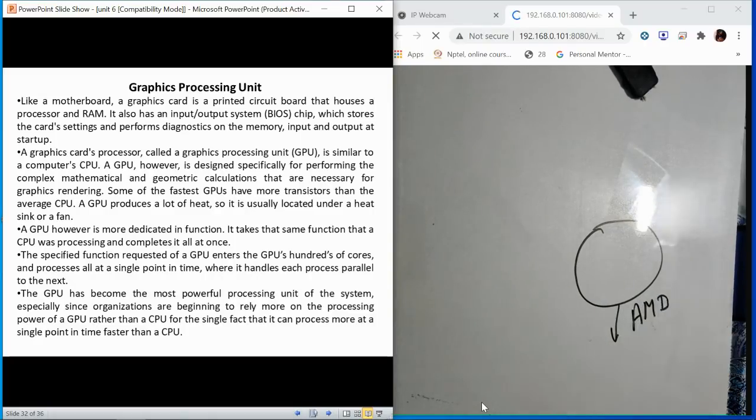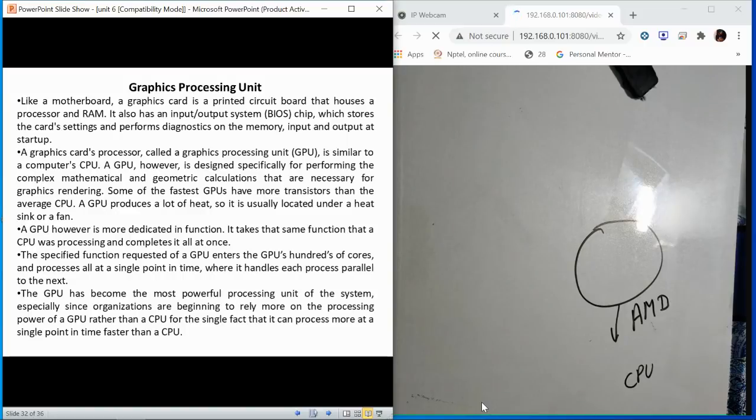So AMD is the one which is leading in this particular segment. AMD has developed a number of graphical processing units. There is another, like Nvidia, and some other companies as well, but AMD was always a leader in this. But when we talk about the CPU, Intel was working fine. Intel had great processors.